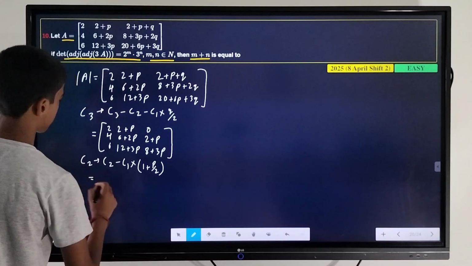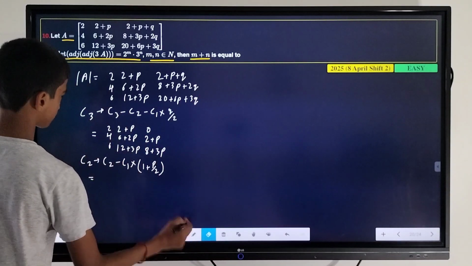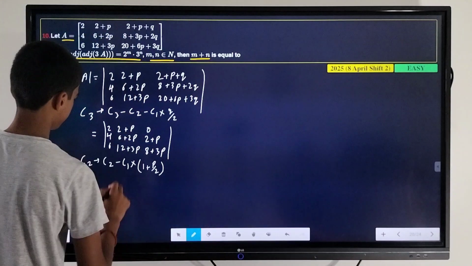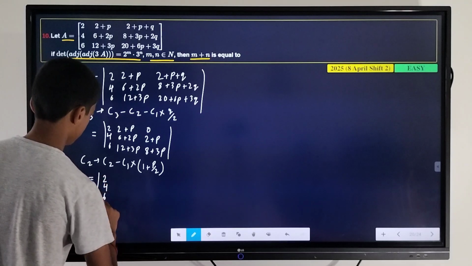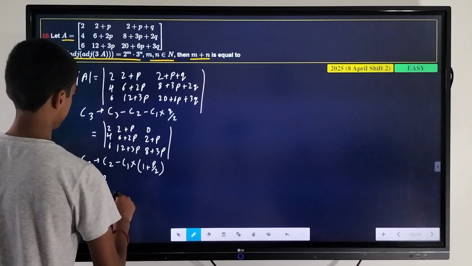So this determinant is equal to 2, 4, 6,